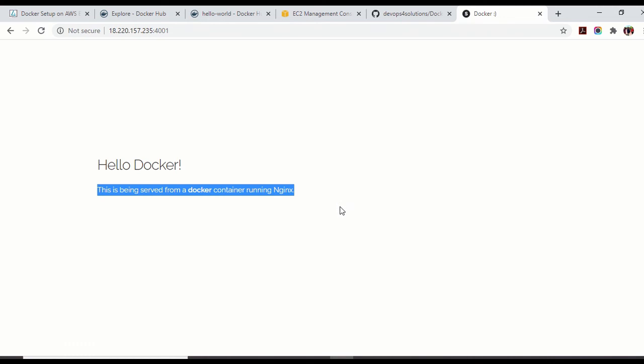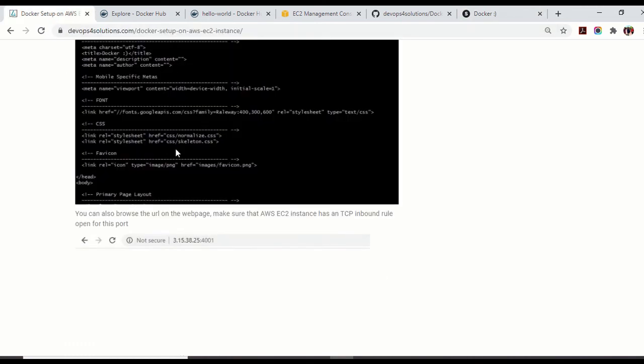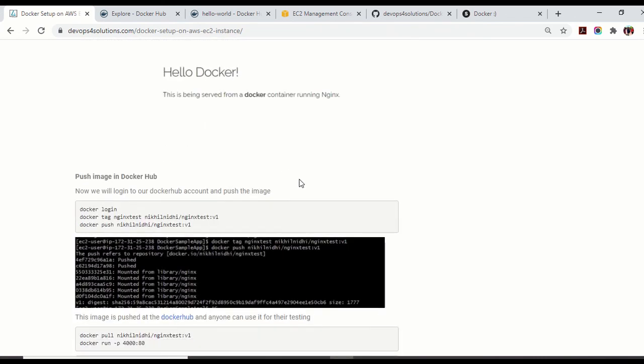This is being served. So this means that you are able to run your image in a container and can access it on the browser also. So till now, we were able to build the image and we can run it as a container also. Now, how will you share it? That is the concept of Docker, that everybody can use the same template. They don't have to configure anything on their machine. That is the main concept here.